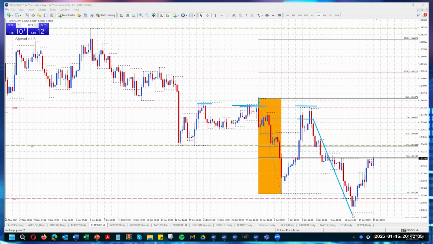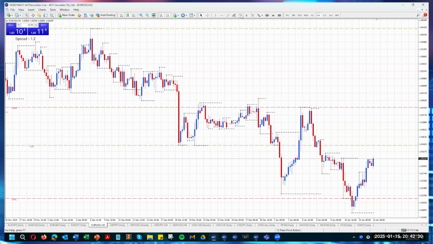It doesn't quite get down. So the start of this week hasn't quite followed through to the 127 extension. It has broken last week's low, though, and now it's rallying. The fact that it's broken last week's low and now come back above, to me, means that what price is doing, at least this week, is